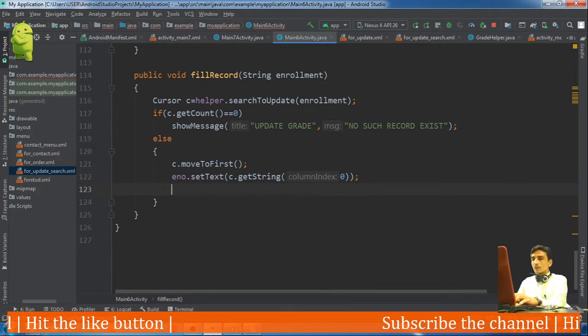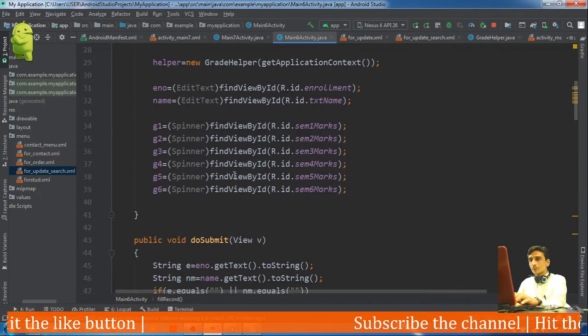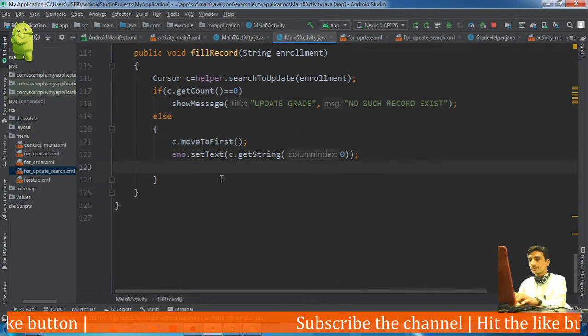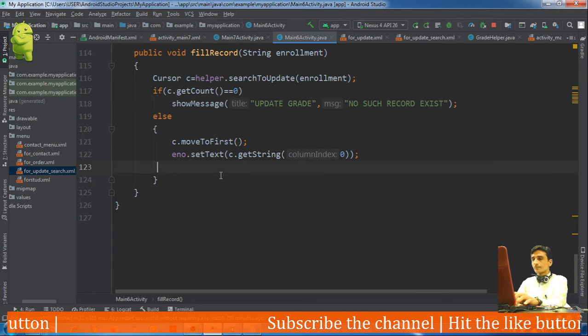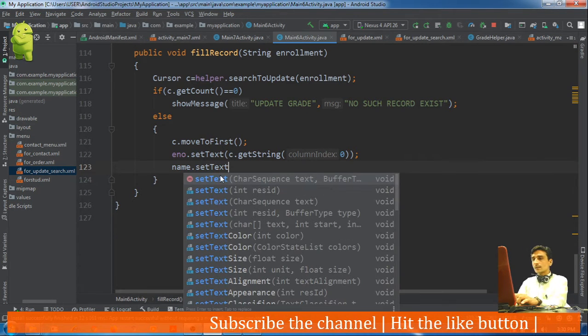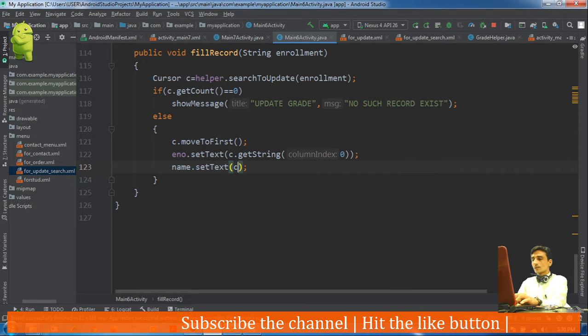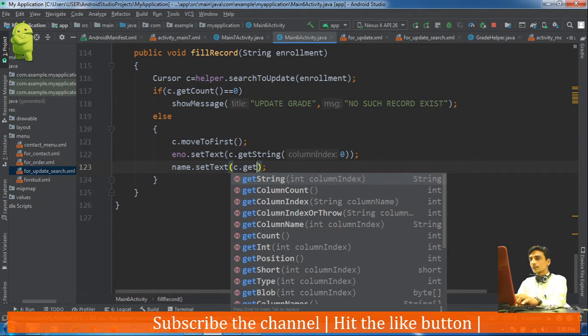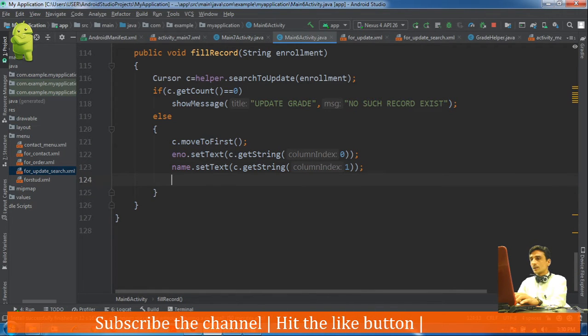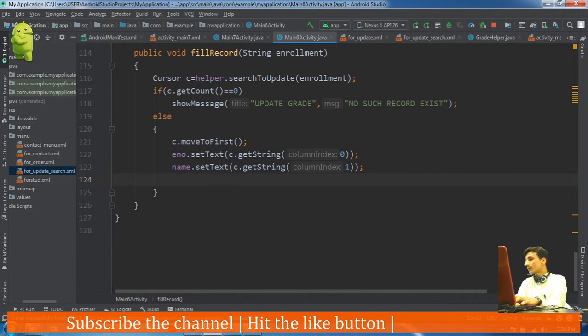Then what is the second edit view? Edit text name dot set text, c dot get string 1.